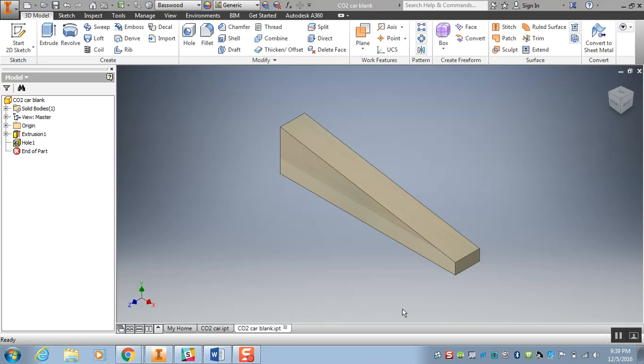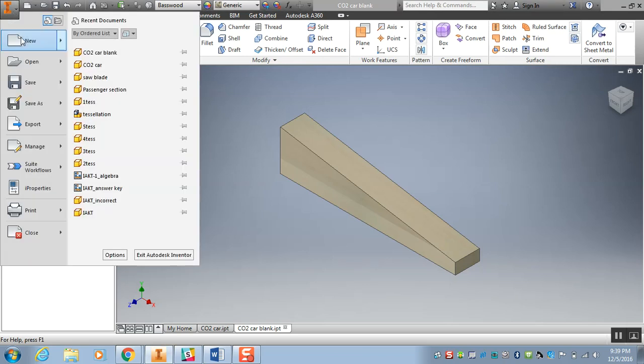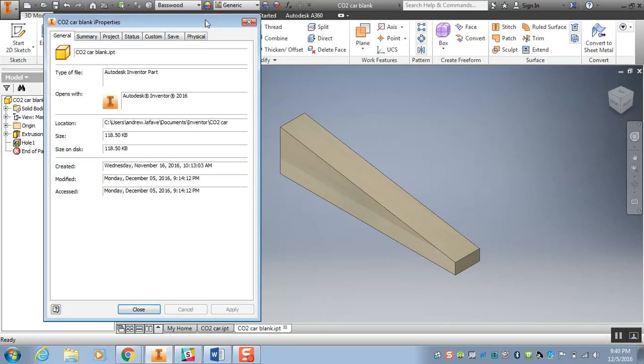Alright, so I want to show you guys how to check the weight of a part that you have created. I've already done some things, but I just want to show you why this might be beneficial for this project. The first thing we need to do is go up to the iProperties menu, which is located under the red eye. Down here is the iProperties button, and I'm going to click on the Physical tab here at